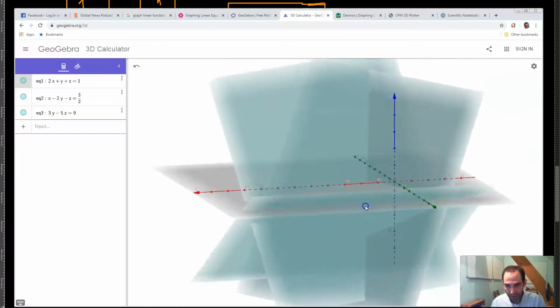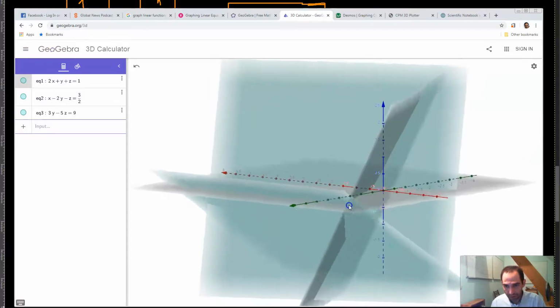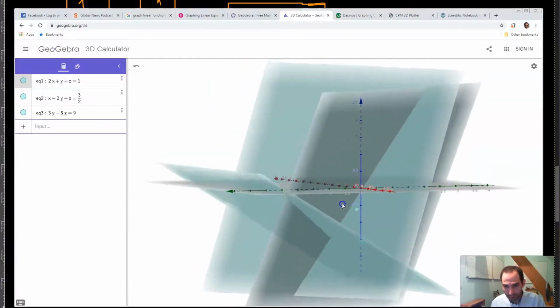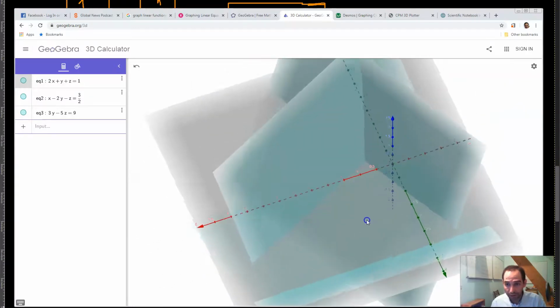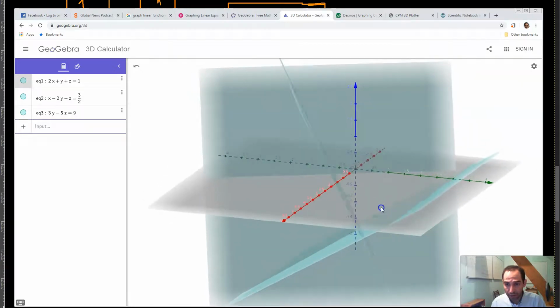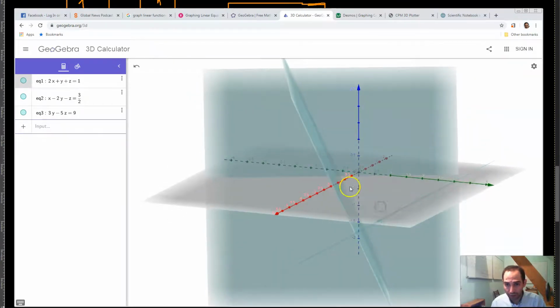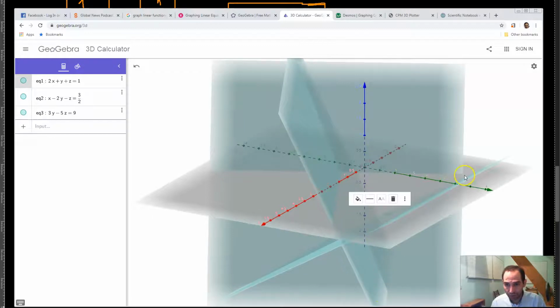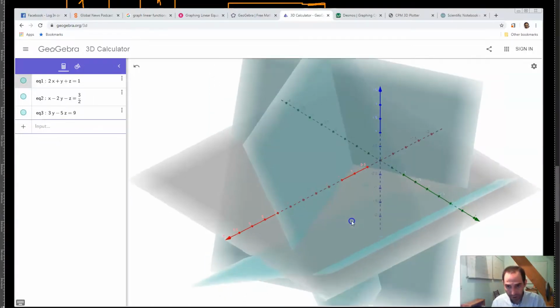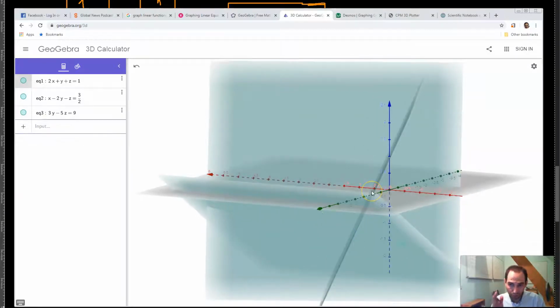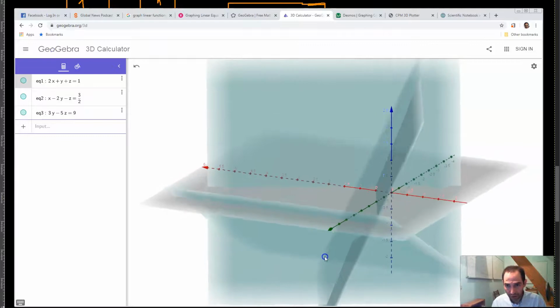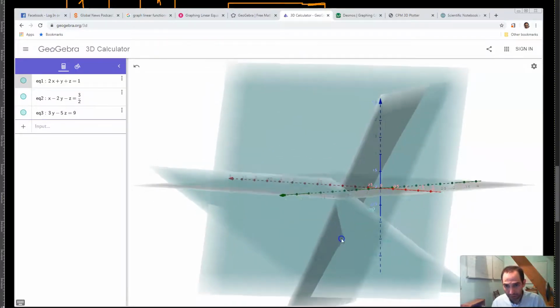Now you can see that basically these two planes, this plane over here and this plane over here, they have some point of intersection down here, not point but the line of intersection, and this plane is going through that line of intersection exactly over here,